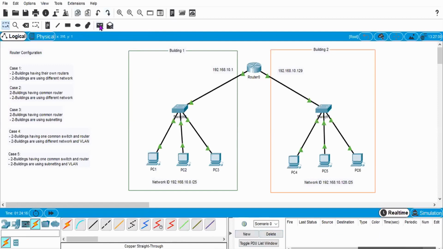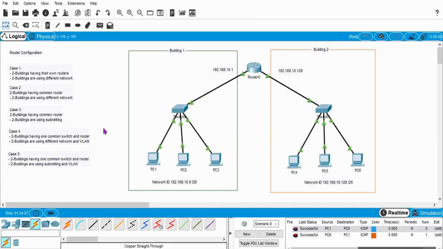And I can communicate between these two also. So all types of communication are possible here. This is our case number 3, where I am connecting one single router for the two buildings, and in parallel I am using subnetting also.